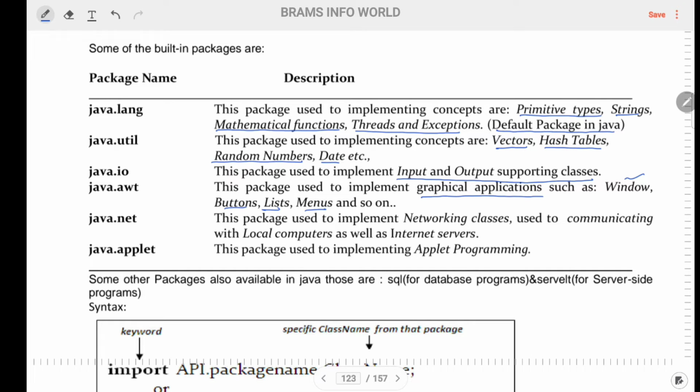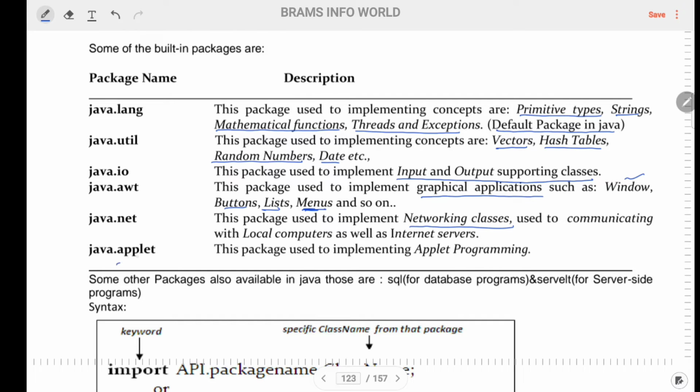See, this is the button. This entire thing we can call a window. If you click on file, you can expect a menu, right? Like that we can create different kinds of programs by using the AWT package. The other one is java.net. These are networking classes used for communicating with local computers as well as internet servers. Like Gmail, like Google search engine, everything comes under this net package.